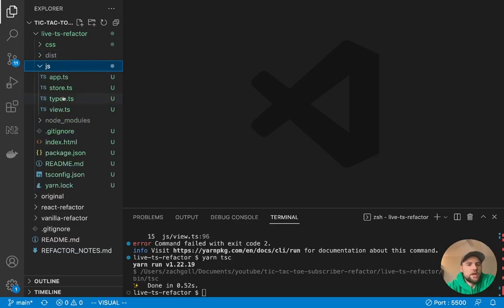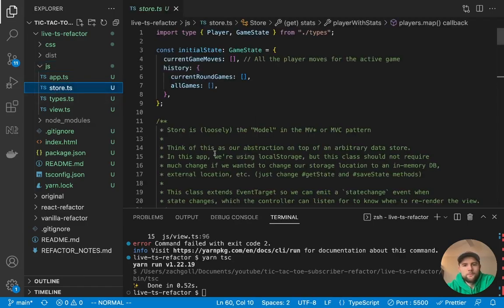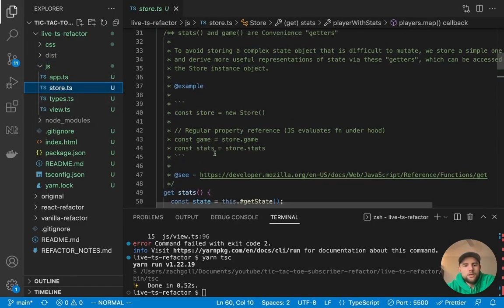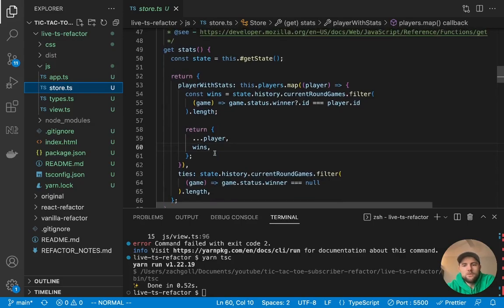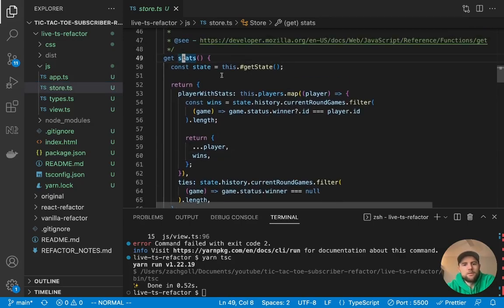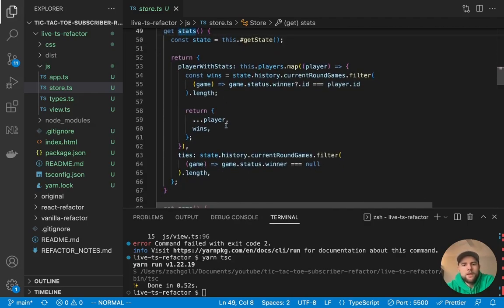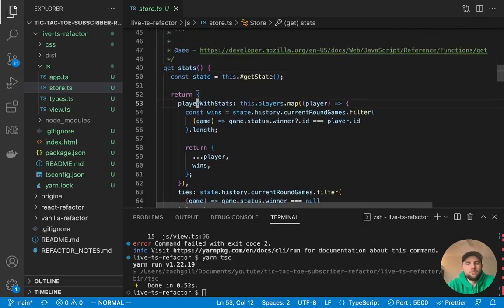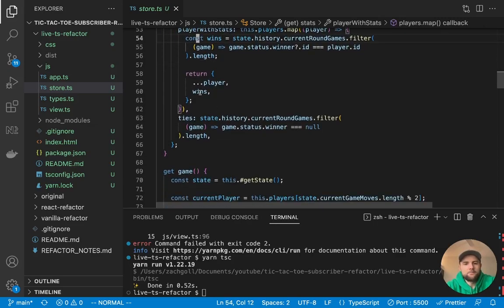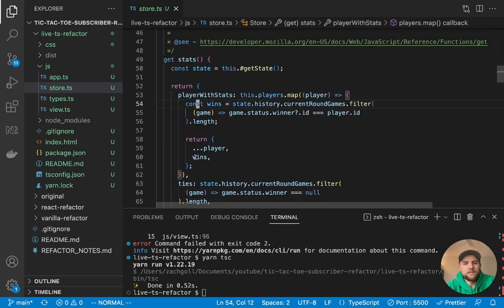So if we went to the JS folder and went to, let's say, the store, and let's say that we came down and wanted to change the type that stats returned or something like that. Well, if we went through here and let's say we updated this property wins to win count.